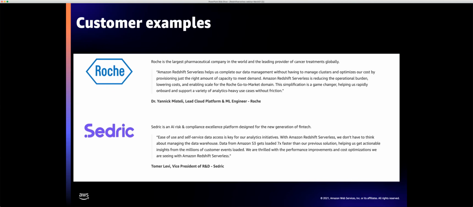Here are a couple of comments from customers, where some like the simplicity, others loved the price performance the solution gave them. It's really about us moving towards self-service analytics use cases, and serverless is a key tool towards that.